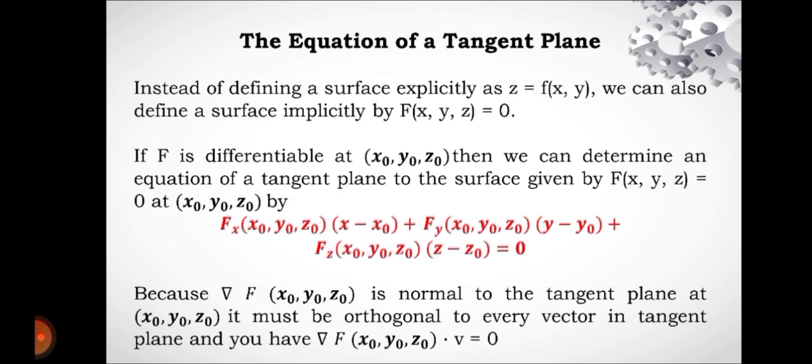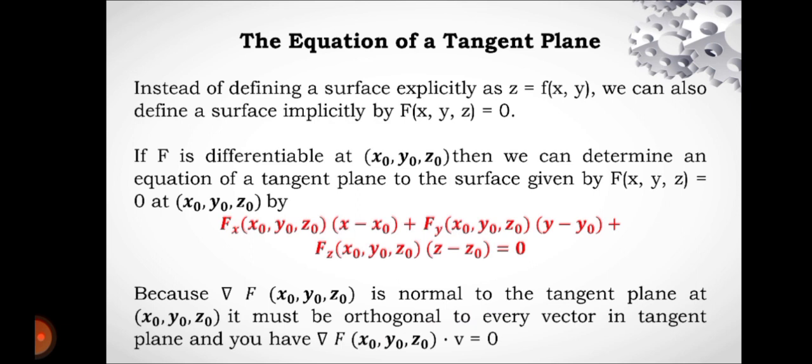The equation of a tangent plane. Instead of defining a surface explicitly as z = f(x, y), we can also define a surface implicitly by f(x, y, z) = 0. If f is differentiable at (x0, y0, z0), then we can determine an equation of a tangent plane to the surface given by f(x, y, z) = 0